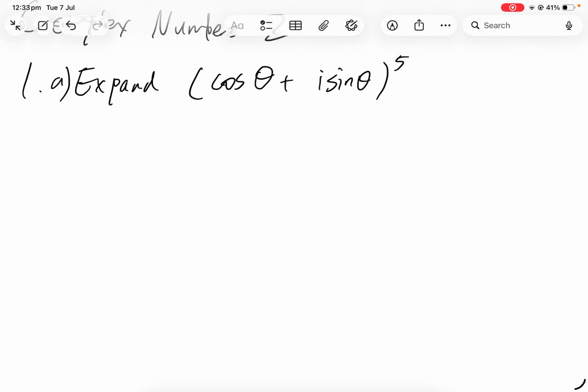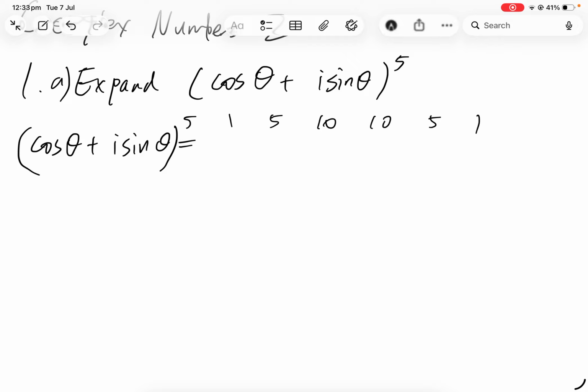That just means cos theta plus i sine theta to the power of 5 with a 1, 5, 10, 10, 5, 1 from our Pascal's triangle, and that'll be